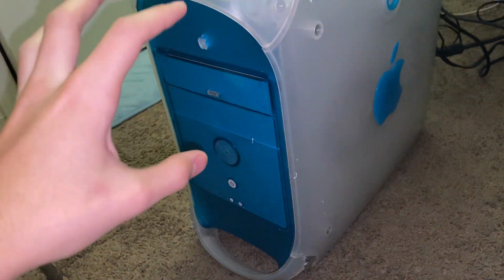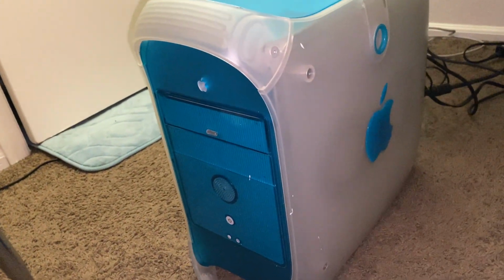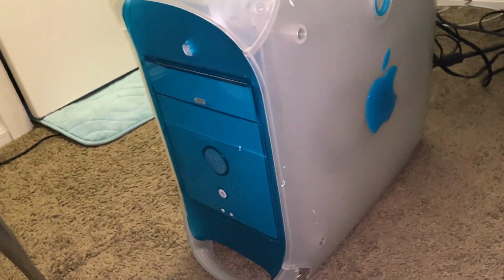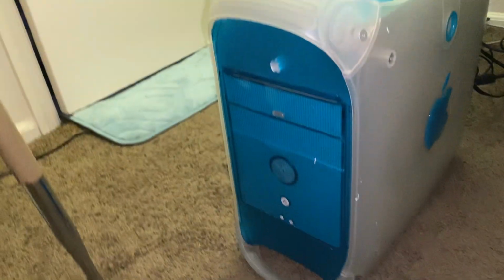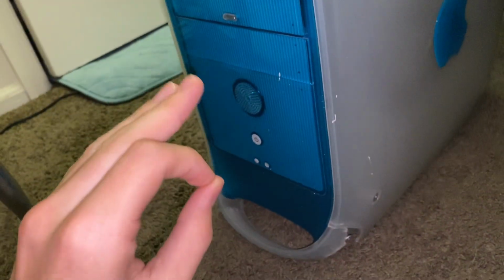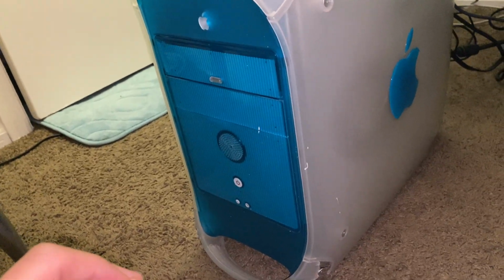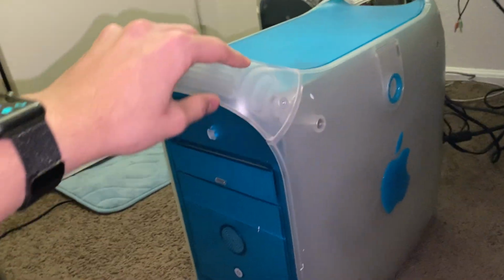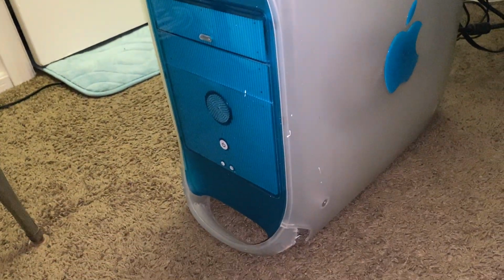Anyways, I got this from eBay, and it actually turned out to be a Macintosh Server G3. I don't really know what the difference is, but it's a 400 megahertz. I believe it's a revision 1. I don't really know how to tell, but I have been having problems with the IDE controller, specifically using Maxtor 120 gigabyte Ultra 133 hard drives. I heard that apparently these don't work, especially the Rev A boards or revision 1 boards don't play nicely with 120 gigabyte drives and newer hard drives in general. So I just took that out and I replaced it